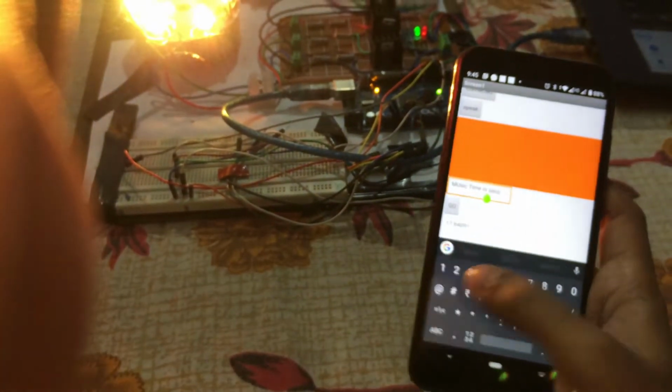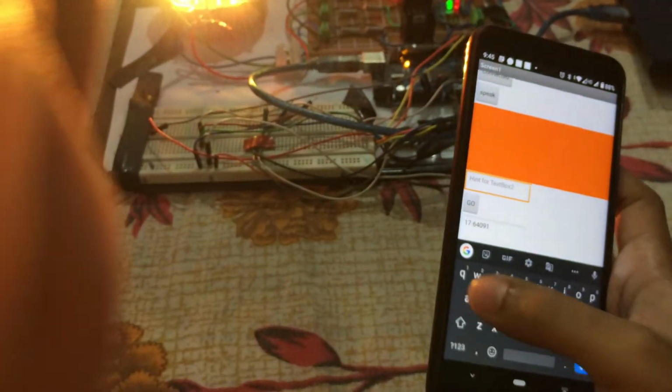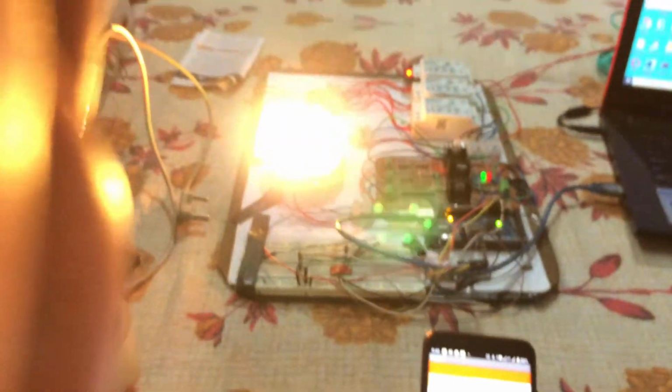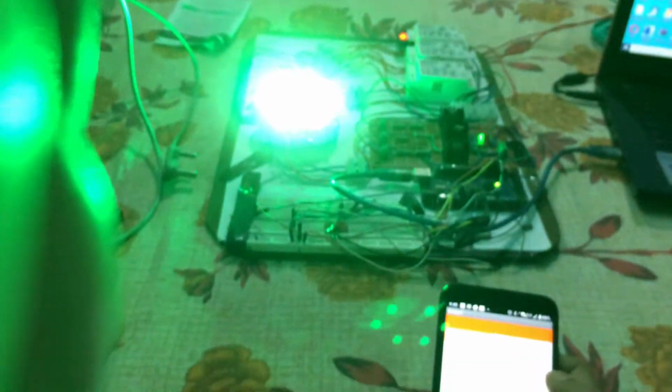Now if I want to go for the transitional or sequential part, I just have to select a time frame. Say if I select this music one, this is a transitional effect.